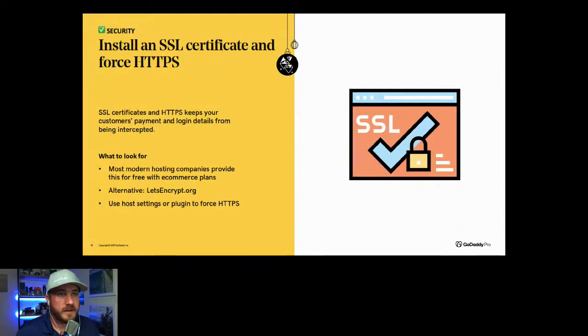All right. Installing an SSL certificate and forcing HTTPS. This is a little bit more on the technical side, but it's not too terribly difficult to set up. SSL certificates and HTTPS keep customers' payment and login details from being intercepted. When you're logging in or making a payment, that information has to go from your customer's browser to your site, and in between, there's a possibility for attacks. Having an SSL certificate and HTTPS in place will encrypt that data,